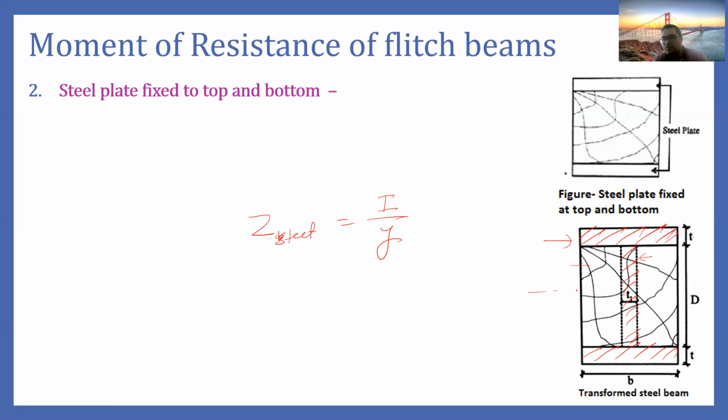So for example, if neutral axis is here, what will be the value of Y? Y value will be D by 2 plus T. So that is our Y value. Similarly, if we want to find out I value, how do we find out I? In that case, for example, if we have this I section, how can we find out I